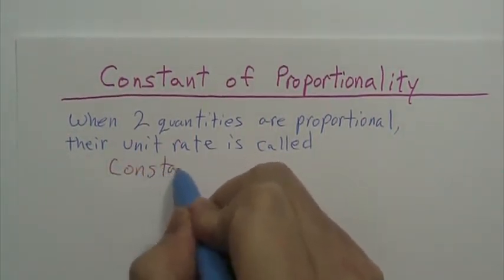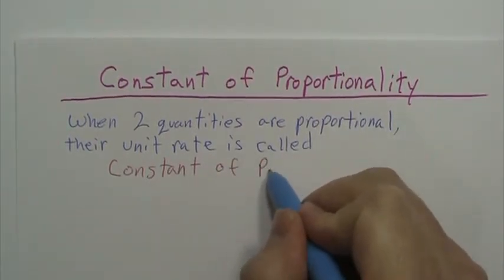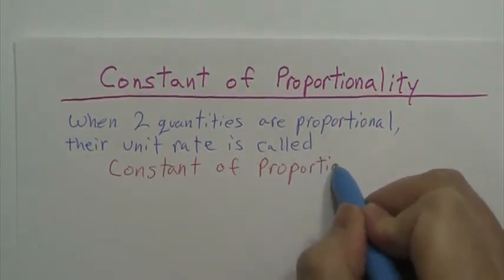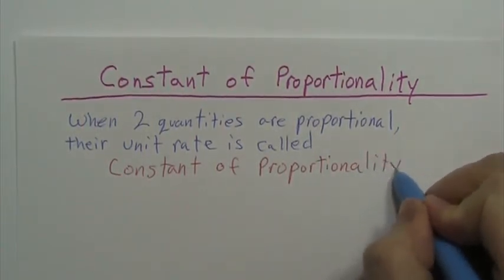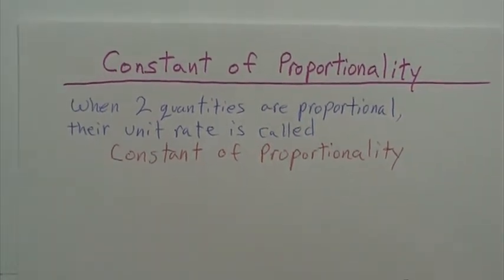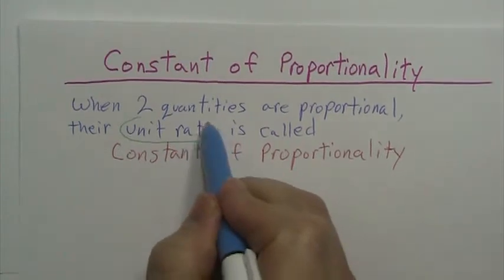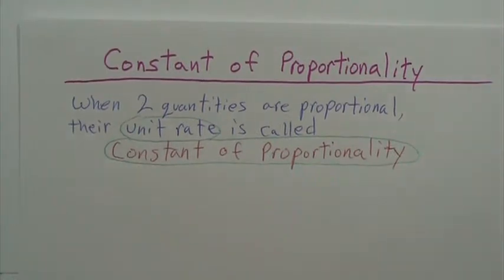here. Constant of proportionality. It's right there if you want to spell it. Proportion, proportional, proportionality. All right, and so basically they mean the same thing, or they come out the same value, rather, I should say. So, unit rate and constant of proportionality are the same value. It's the same number